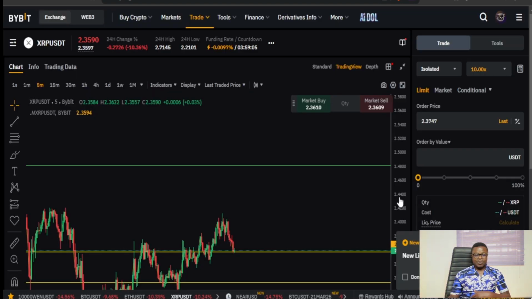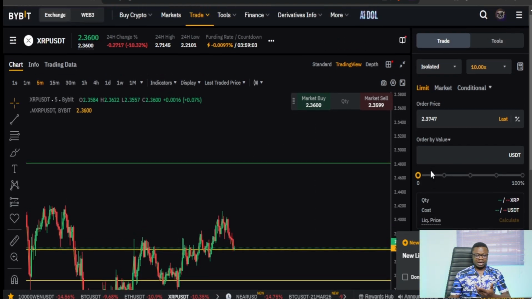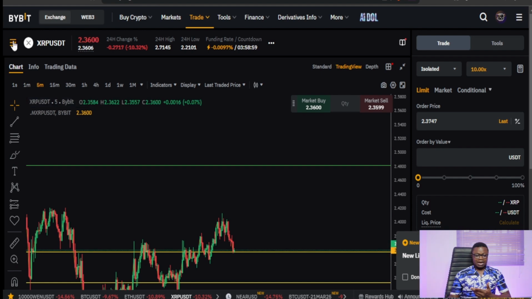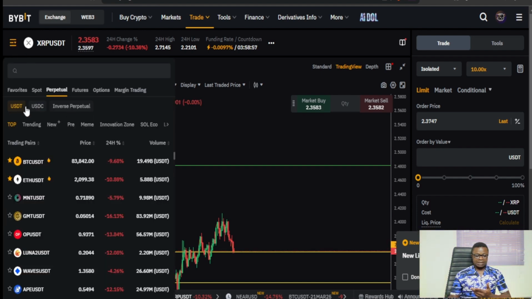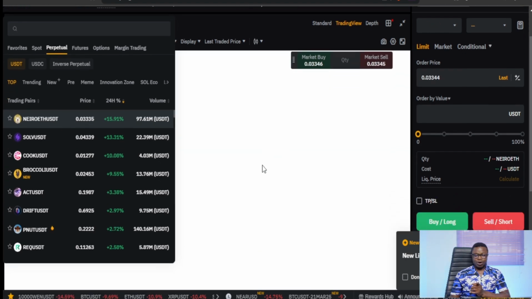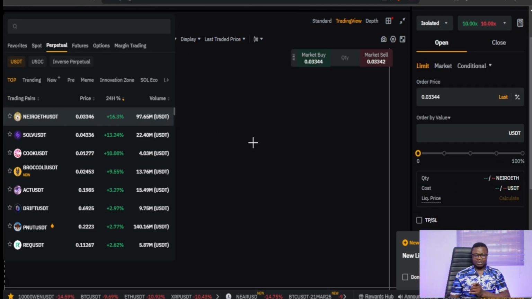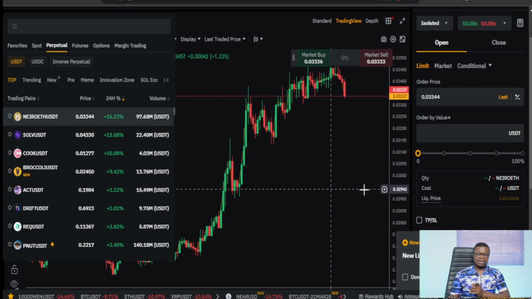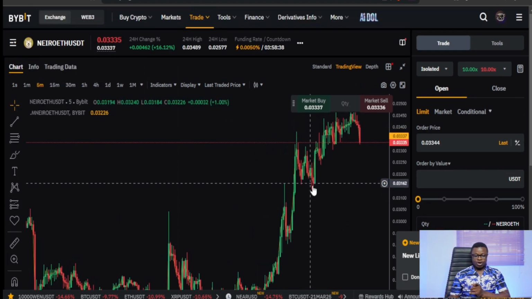okay. So if I go back to Bybit, here on Bybit too, I can equally do that, right? If I go to search for my token, and I click on this option and this thing pops up, the next thing I want to do here, I can click on the 24 hours change too. You see that it gives me Narrow It right here. So if I go ahead and click on Narrow It, it's going to pull up the chart for that token for us, right? So this is the chart for Narrow It,